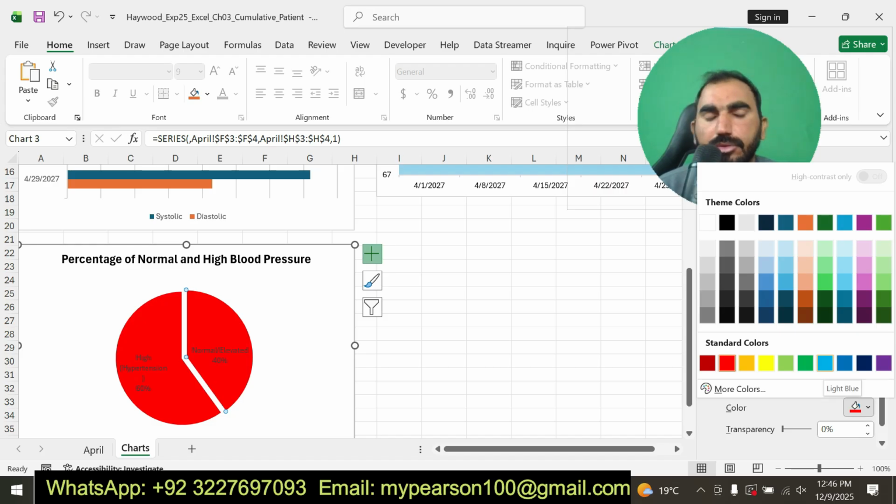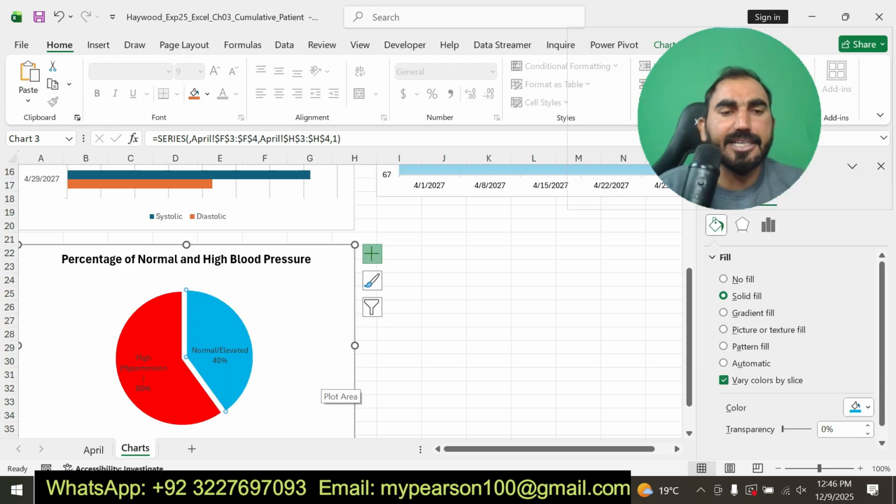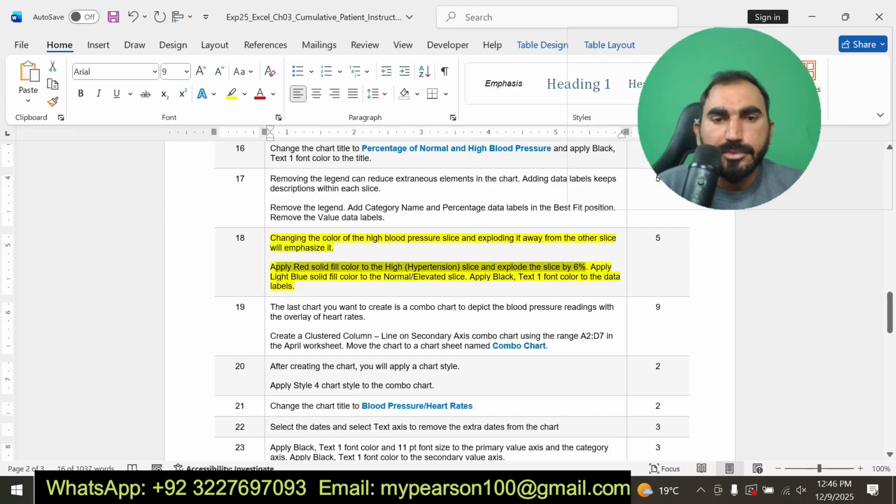Okay, I have applied the light blue solid fill color for the normal slice, and then